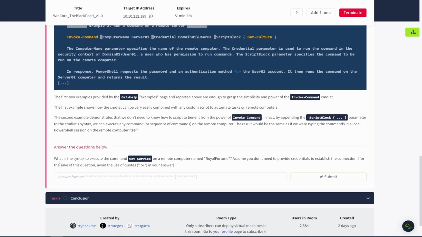So let's take a look at the question. Make sure you've read everything. What is the syntax to execute the command Get-Service on a remote computer named Royal Fortune? Assume you don't need to provide credentials to establish the connection. For the sake of this question, avoid the use of quotes. Okay, so we don't have to use credentials. So the first is going to be Invoke-Command. And then after that they're going to want -ComputerName, and that's going to be